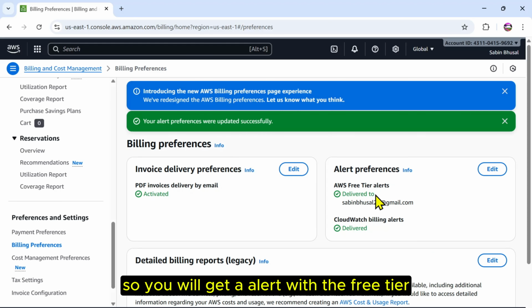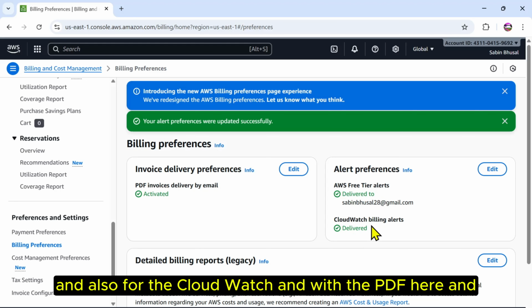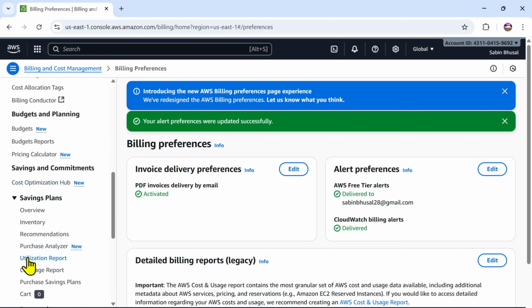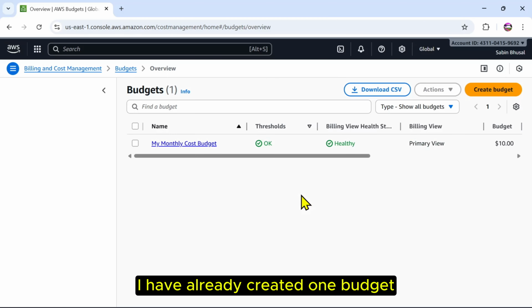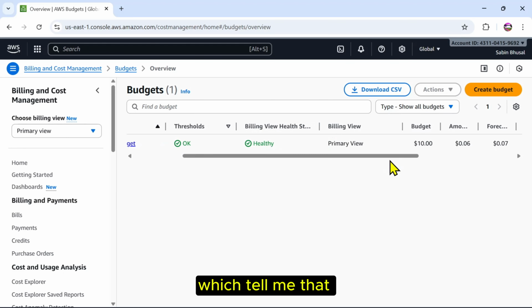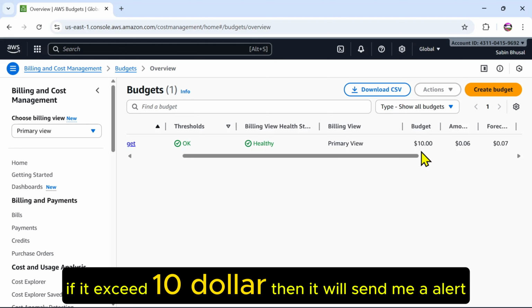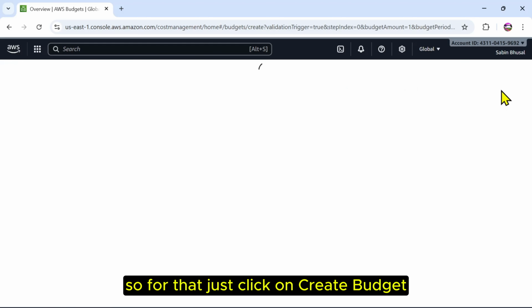So you will get a lot with the free tier AWS account, and also for the CloudWatch and with the PDF here. And for the budget, I have already created one budget which tells me that if it exceeds $10, then it will send me an alert. So for that, just click on create budget,